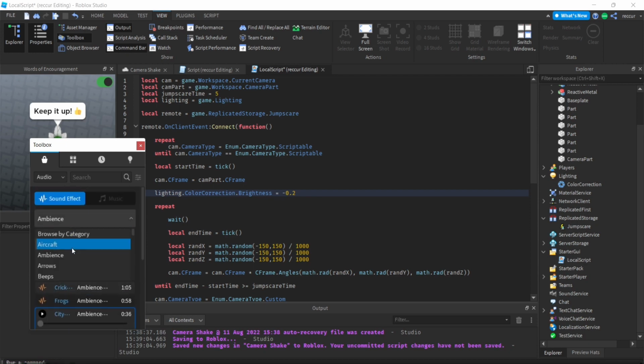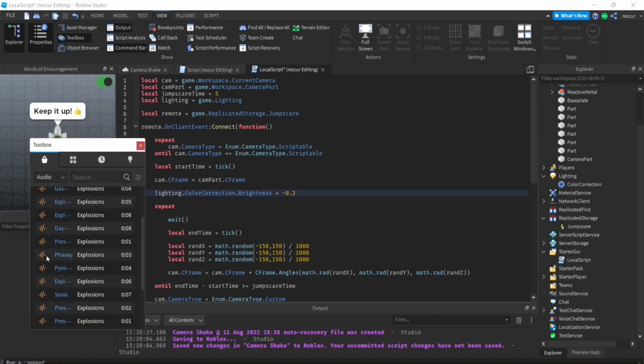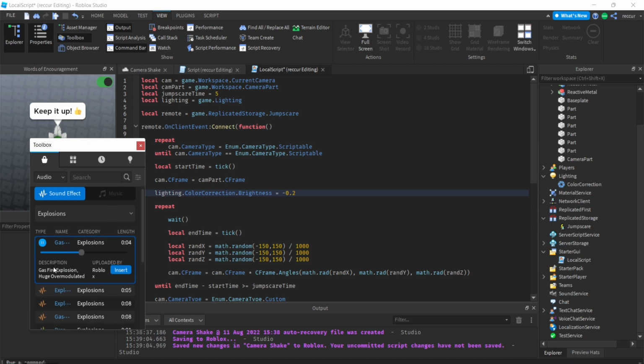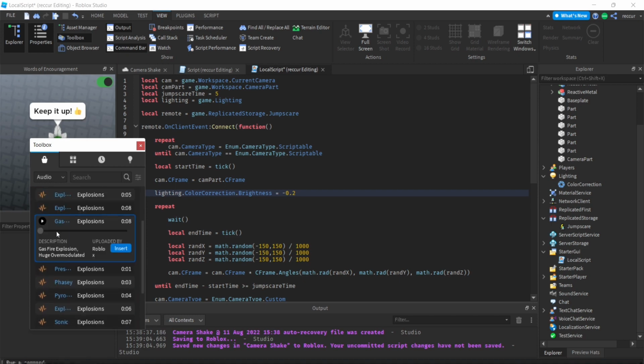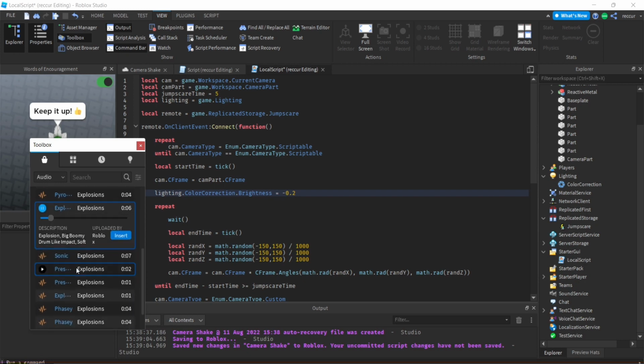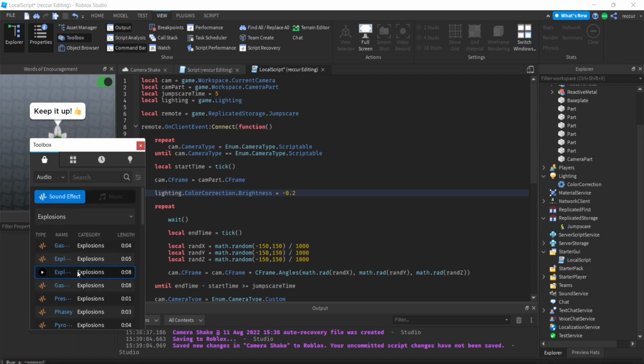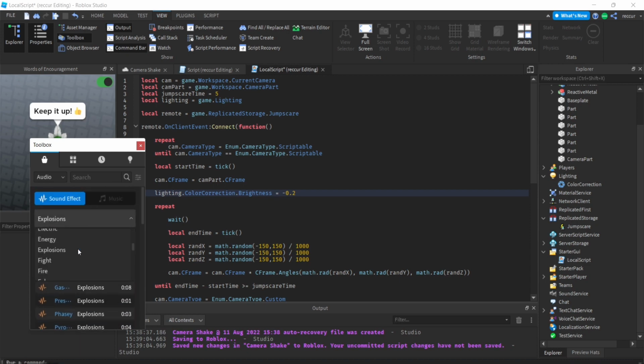Let's see. Cloud computers, energy explosions. Why is that our sound? I don't know, but you can basically get the idea. You can choose any sound you want,